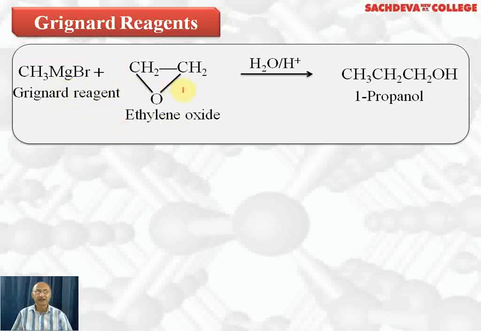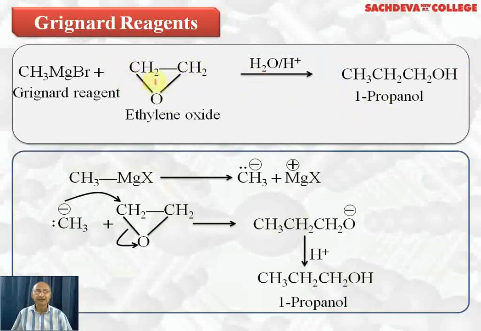Next, we are reacting Grignard reagent with ethylene oxide. CH3MgBr, when it reacts with ethylene oxide, the bond breaks here. And this CH3 attaches to this carbon, we get CH3CH2CH2OMgBr, which on hydrolysis gives 1-propanol plus hydroxy magnesium bromide. So here we have increased 2 carbon atoms from the Grignard reagent to get alcohol. So if you want to get higher alcohols from lower Grignard reagents and you want to increase 2 carbon atoms, you can treat it with ethylene oxide followed by hydrolysis.